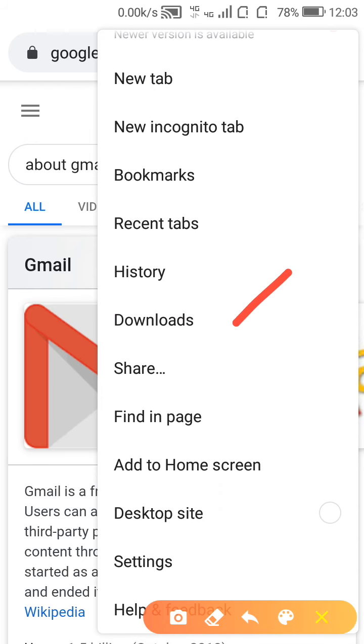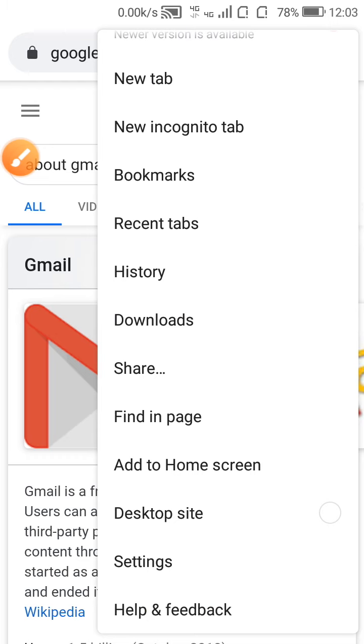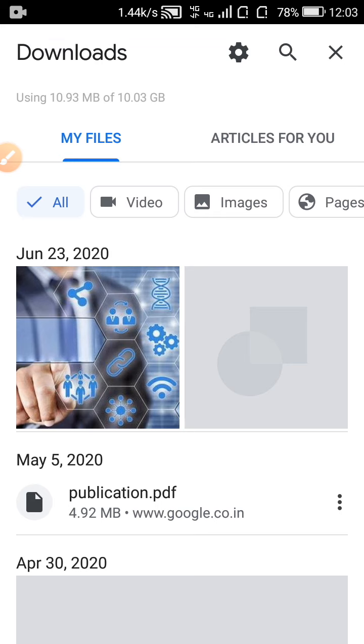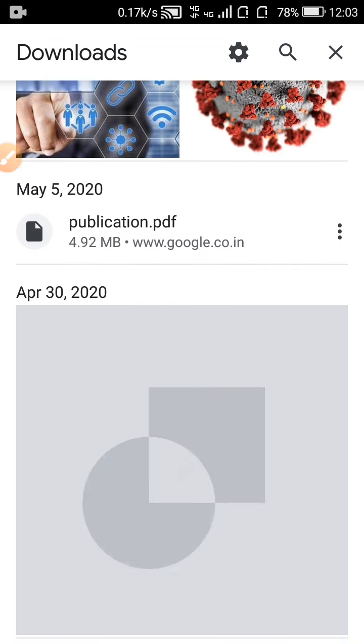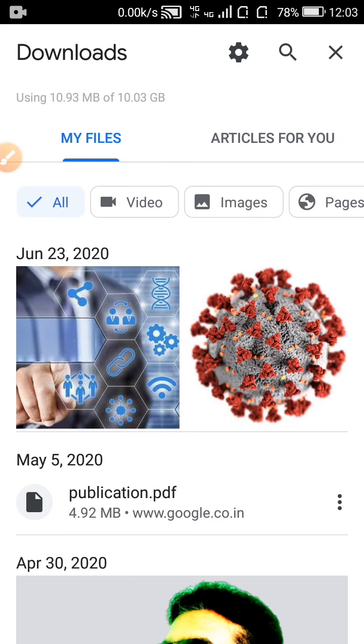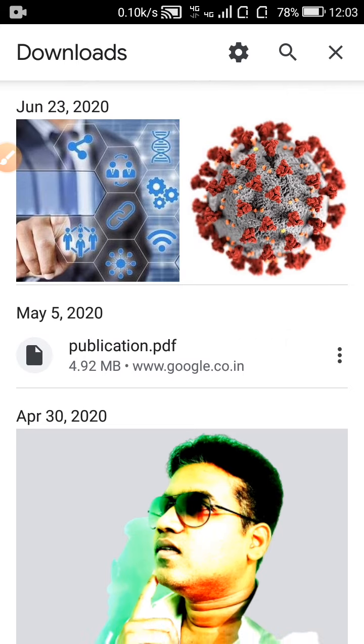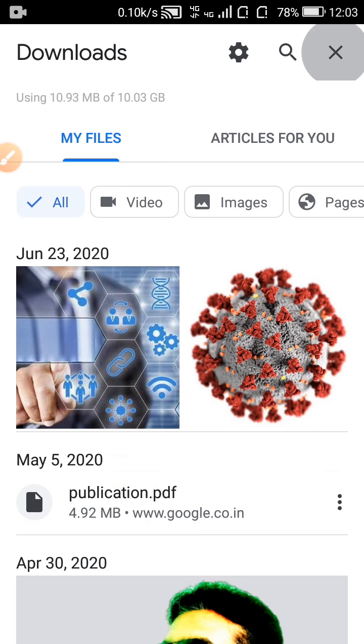You have to click downloads. Open downloads. Whatever images, videos, files you downloaded, all are here. So this is the downloading page. So back.